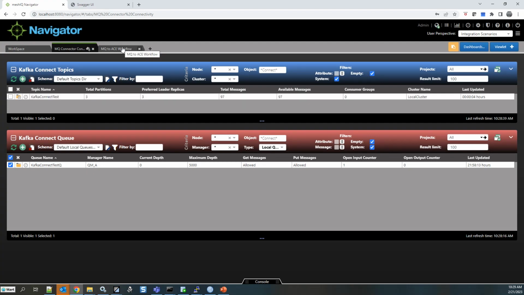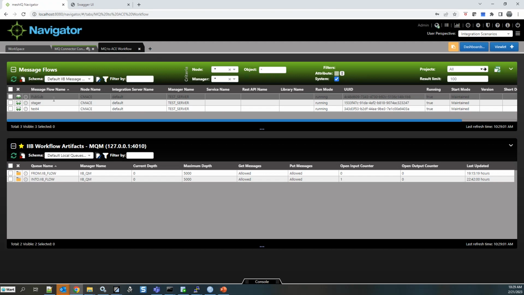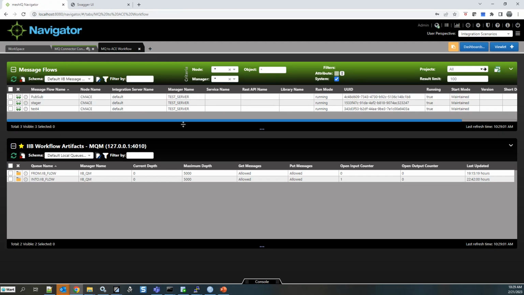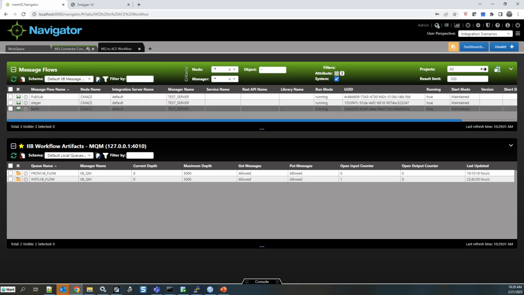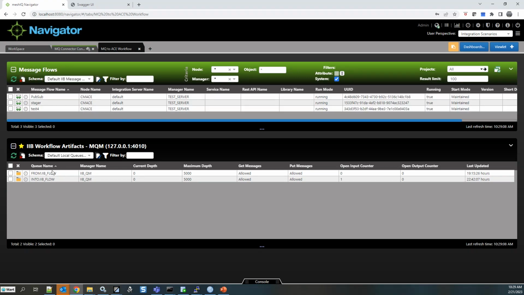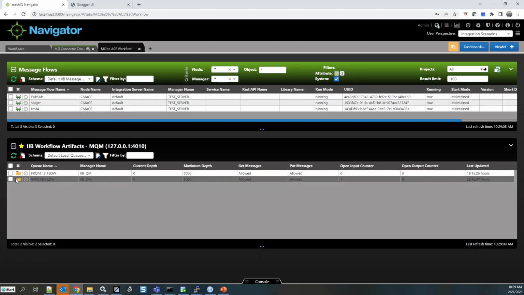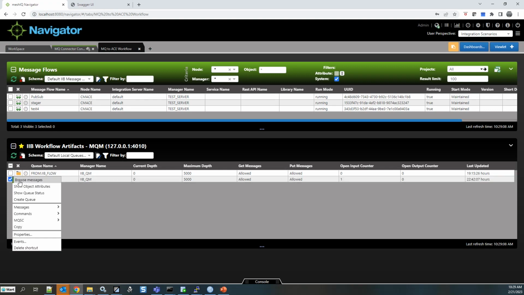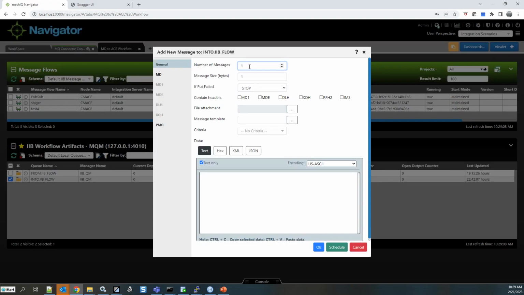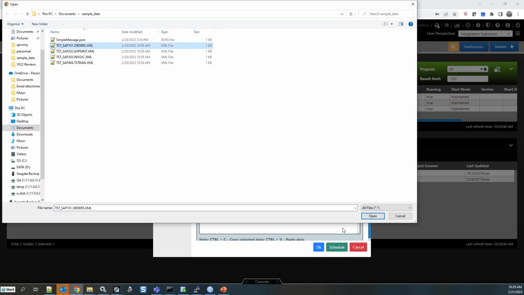Similar, we could do the same thing with this example here, where we've got message flows defined in App Connect Enterprise, and we've got some queues set up down here that are the end results of that particular flow. And so the same thing, if I were to put in some test messages here, so we'll put in 10 messages again, I guess, and we'll pick one of the XML messages this time.